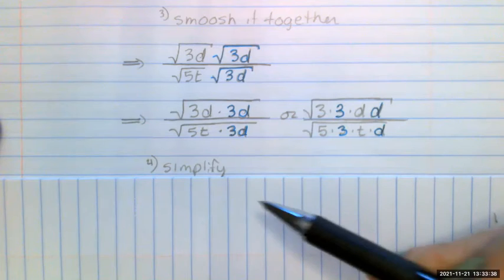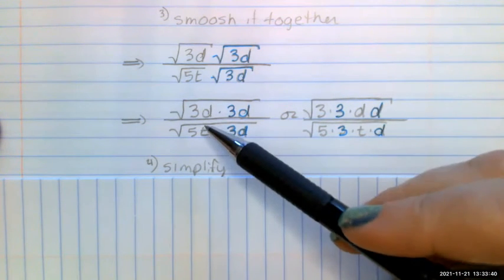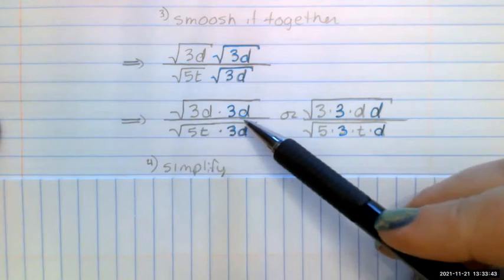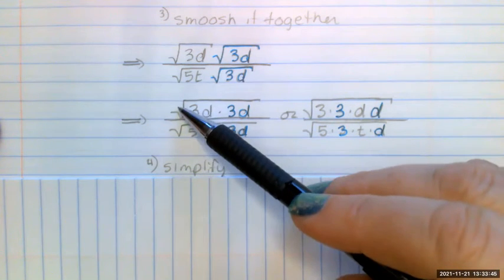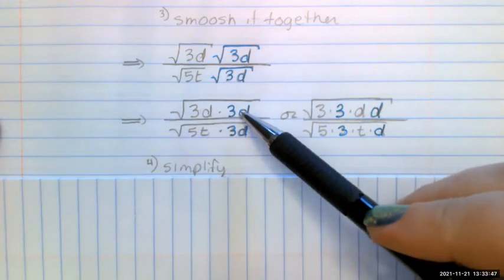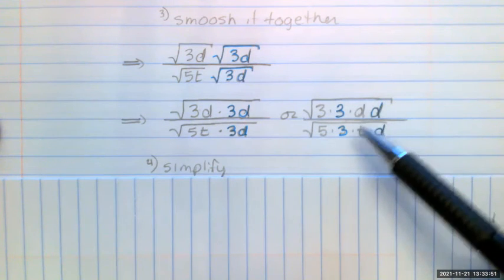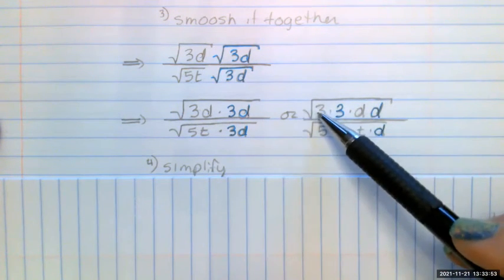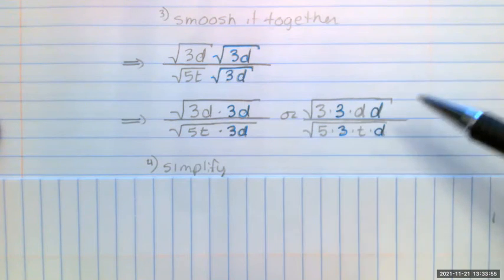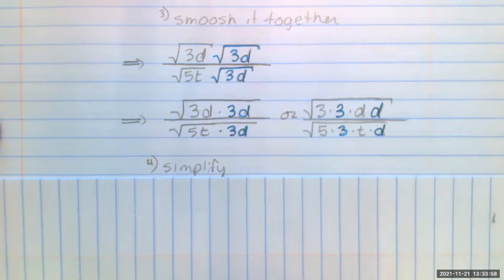My next step is going to be to simplify. And what I mean is we're going to be simplifying the radicals. I have the index is 2. I have 2 3d's, or I have 2 3's, and I have a set of 2 d's. So when I simplify, my idea, because I'm rationalizing my numerator, is to make the radical go away. So simplifying the numerator, I'm going to get